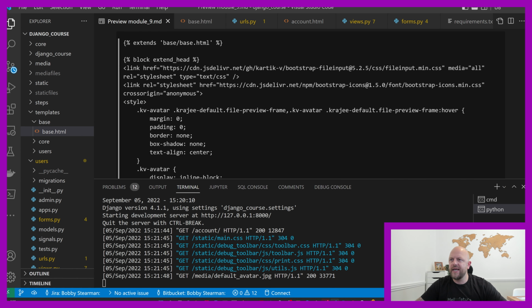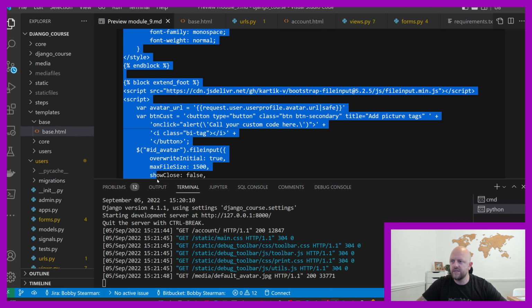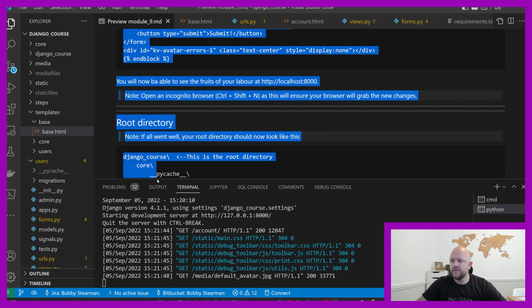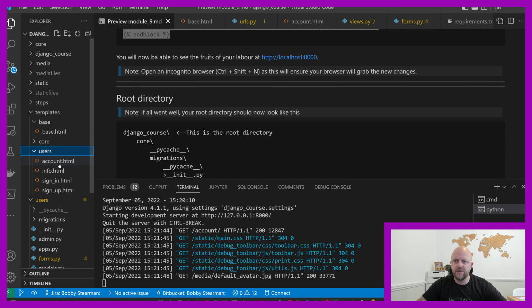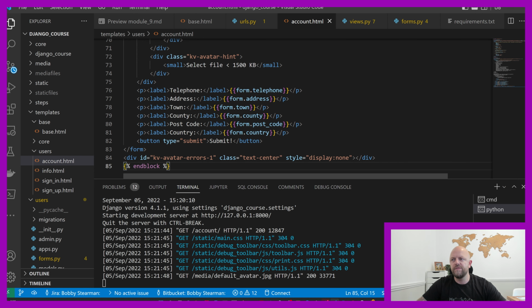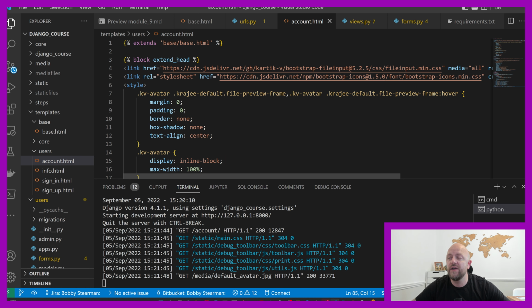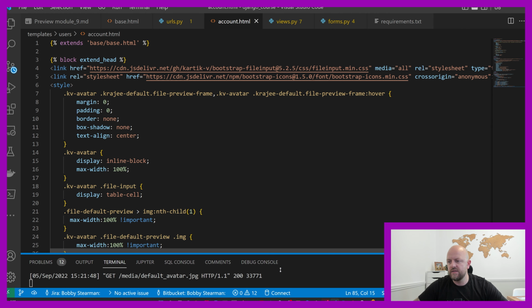Good, now we want to go into accounts and change it to this behemoth here. So let's go ahead and do that. Lots going on. So copy and go into users, go into account, Control A, Control V. Right, this is very different. Very, very different to what it was. Let's minimize this, reduce that. Does that look a bit better? Yeah, there we go. So we're still extending from base, except now we're using this block,